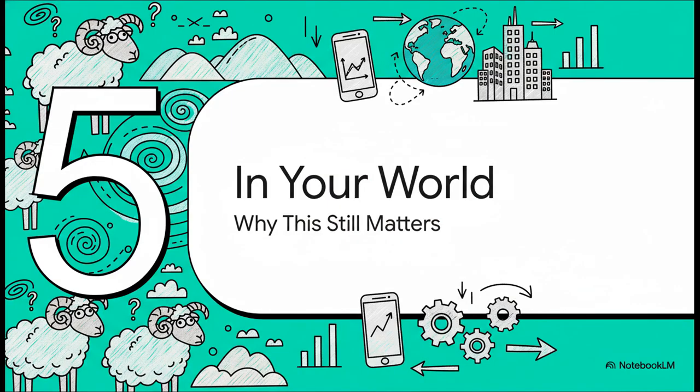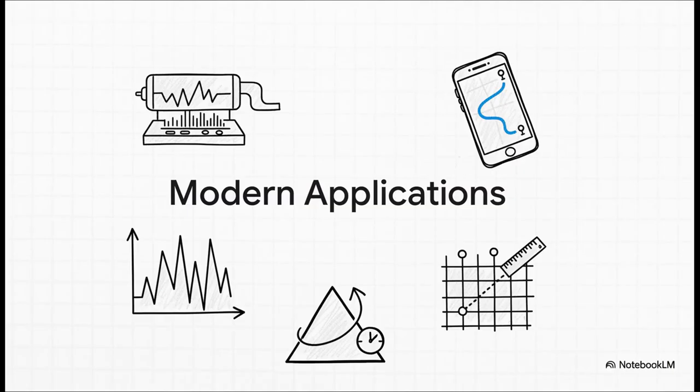So, after this 3,000-year journey, why should you care? Why does any of this matter right now? Well, it turns out that this ancient idea that started with confusion about sheep, it's quietly running our modern world in ways you probably never even realized. I mean, just think about it. When a seismograph measures an earthquake's magnitude, it's using absolute value. It's describing the raw power. It doesn't care if the ground moved north or south.